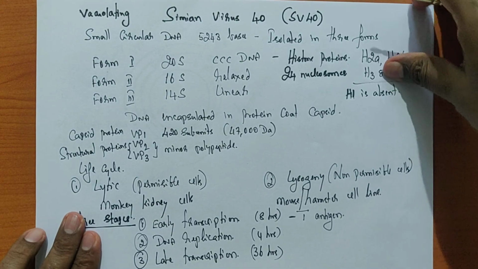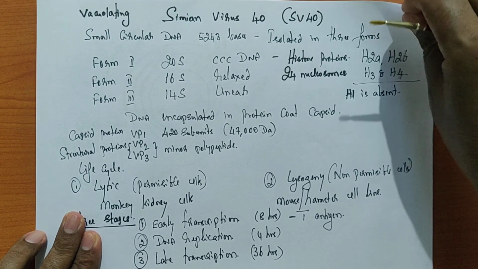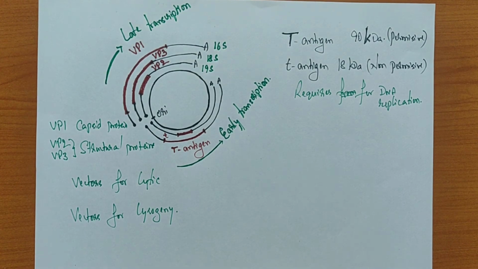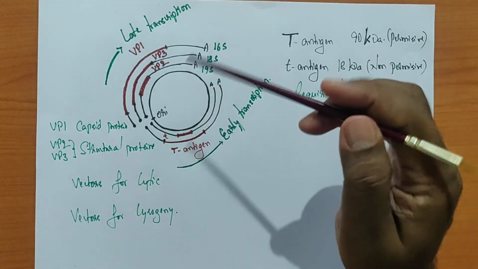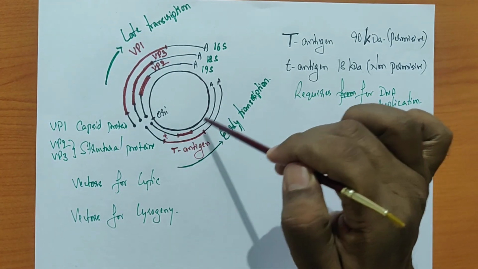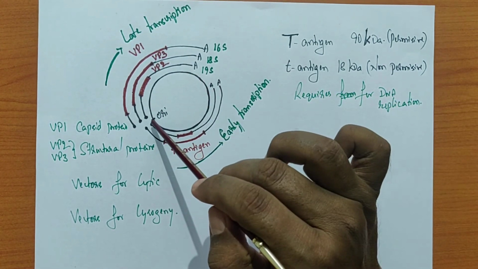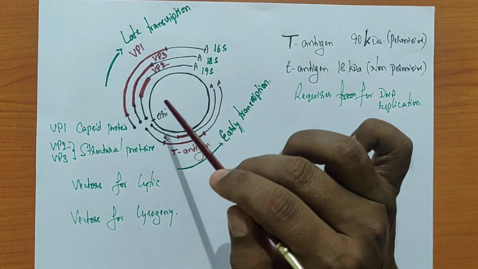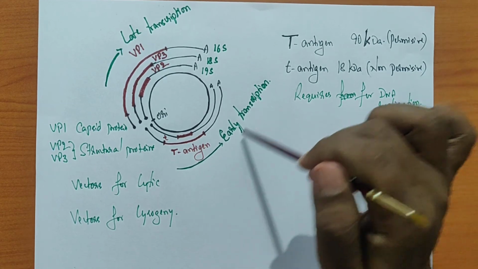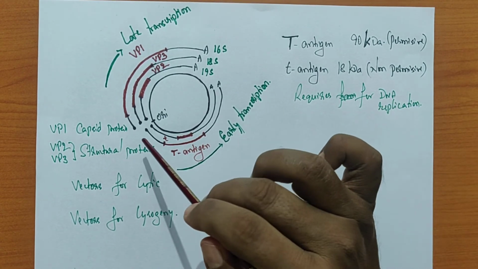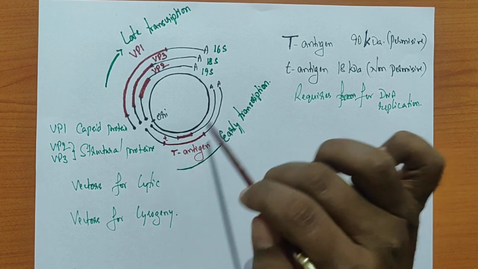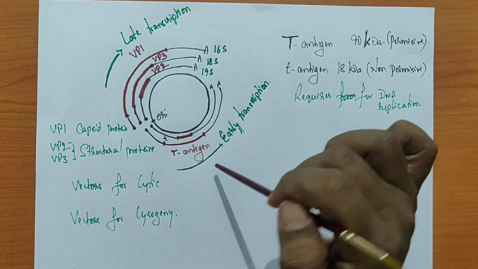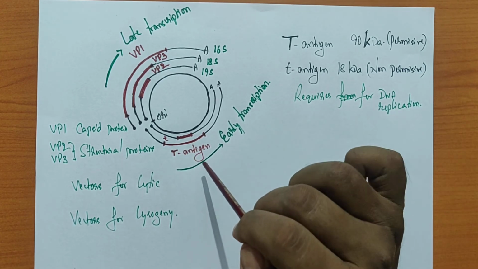Now we will look into the organization of the various genes, or the genetic material, in the case of SV40. I told you this is circular DNA. Now there is an origin of replication. So we are going to study the early transcription, DNA replication, and late transcription. Now this is the early transcription. Here is a very classical example of multiple splicing. In the case of early transcription, the T antigen is very important.